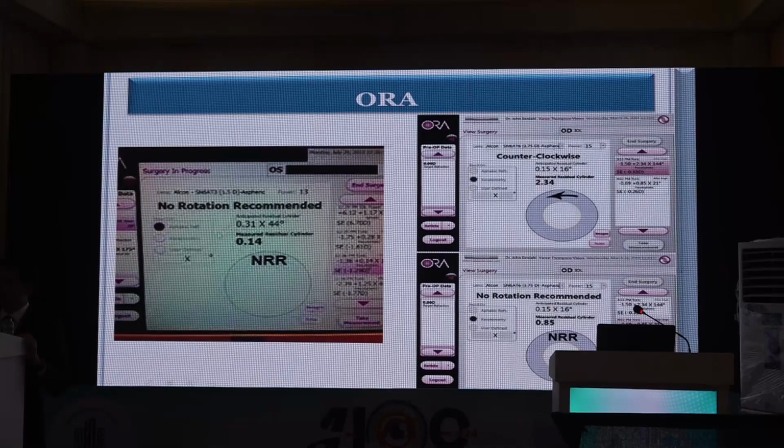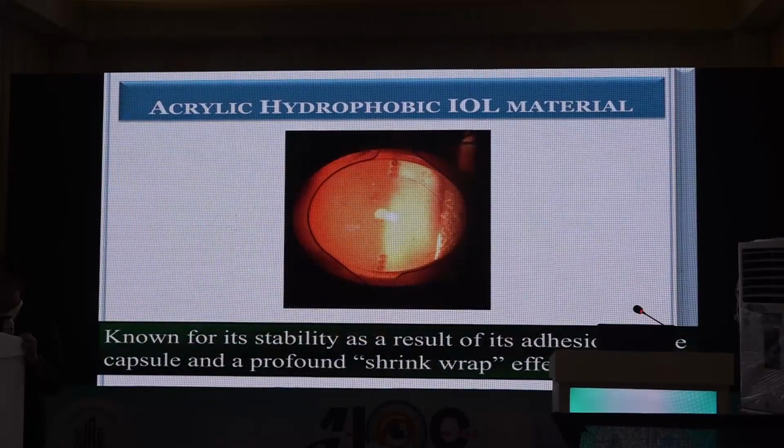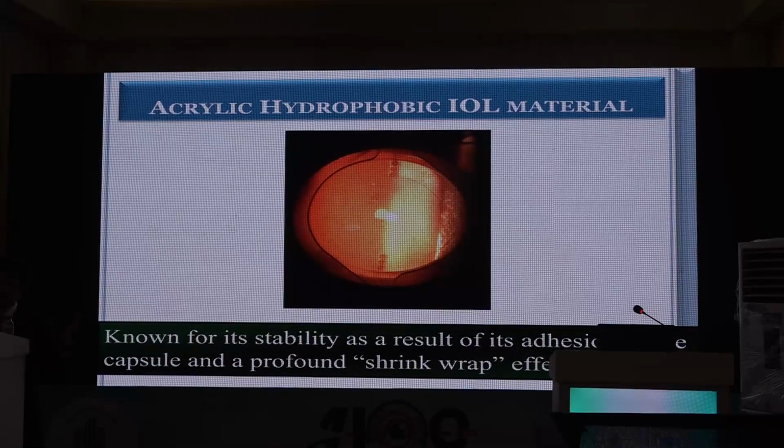And if you get NRR, that is no rotation recommended, then you don't have to do any rotation. Otherwise, it will give you an idea that you have to rotate this much counterclockwise or this much clockwise. So that is again a method of doing it if you have this ORA system. But once again, these are all expensive equipments, and if you don't have them, it doesn't make much of a difference, because studies have shown that appropriately done manual marking